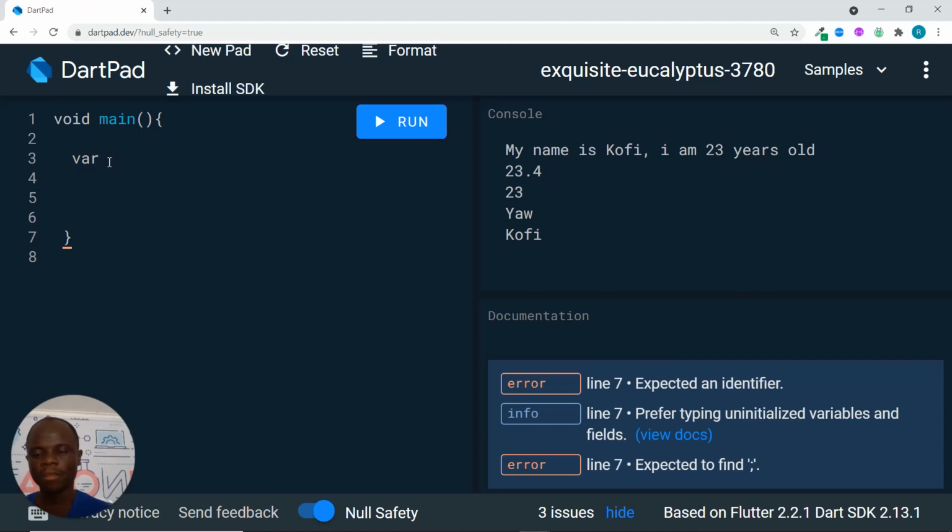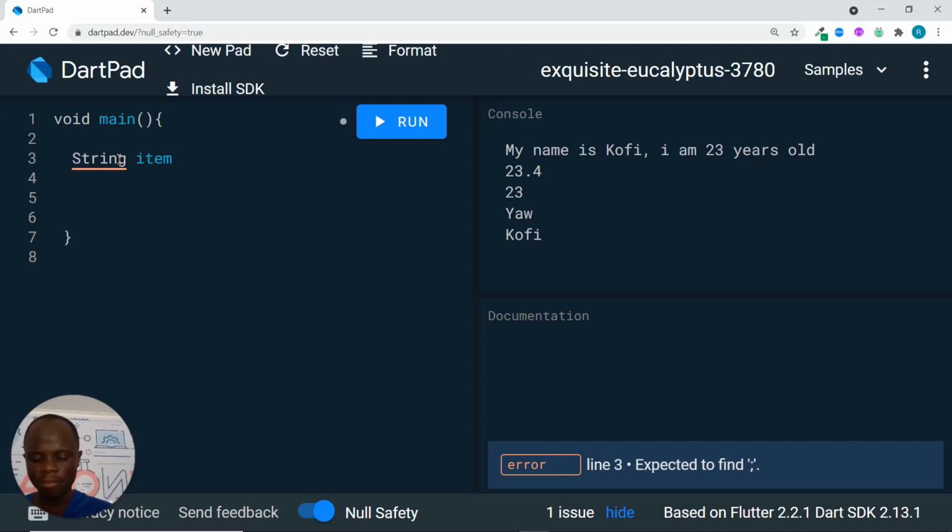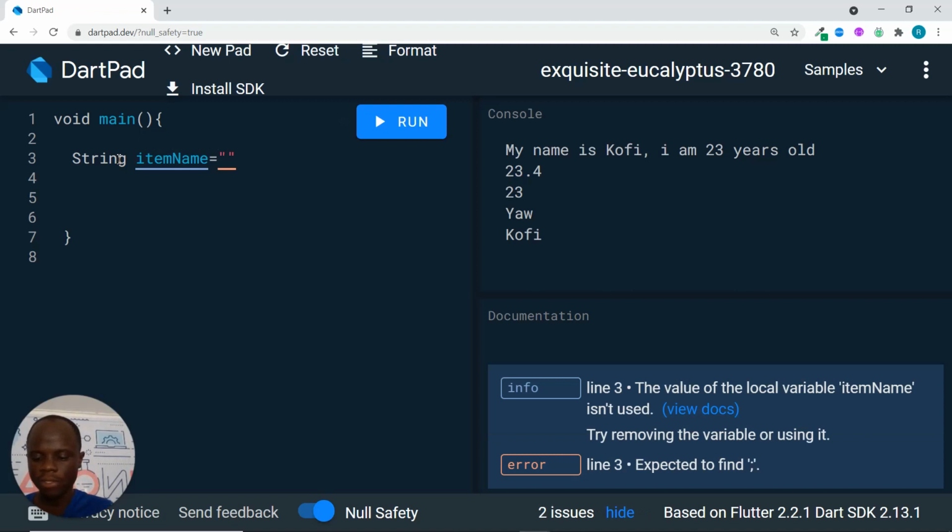So now we want to use the types that we have, right? And it's always good practice to use the variable type that matches the values you are assigning. So let's start with a string. I'll say string item name. Let's say we are selling items. So I'll say item name is equal to rice. Then I'll come again and say the price of the item,